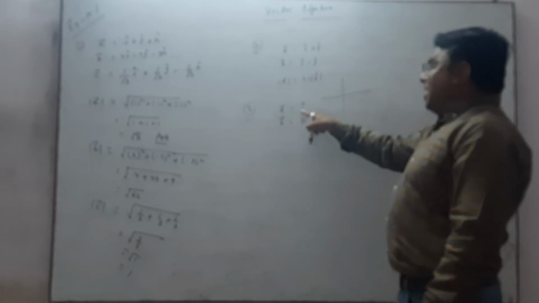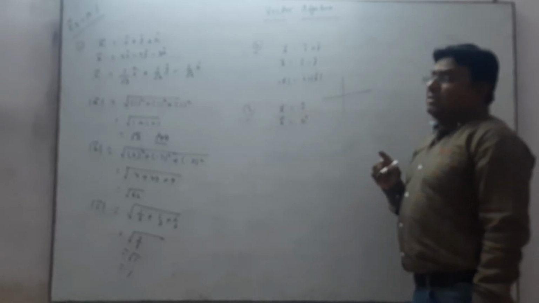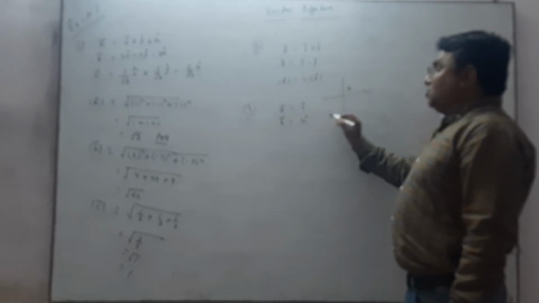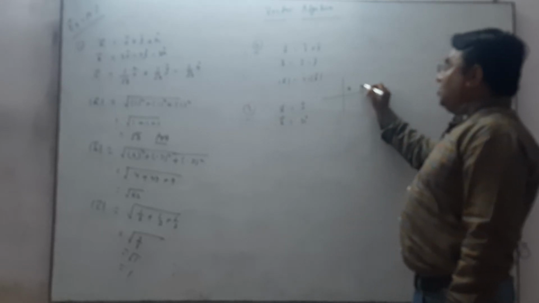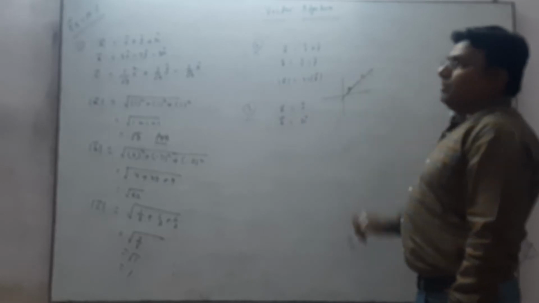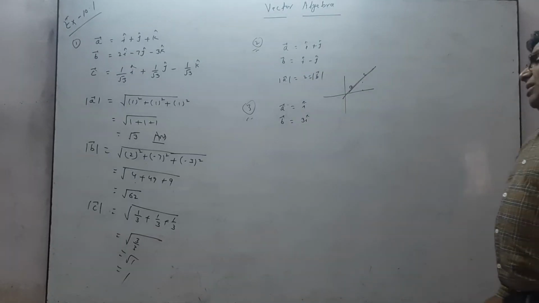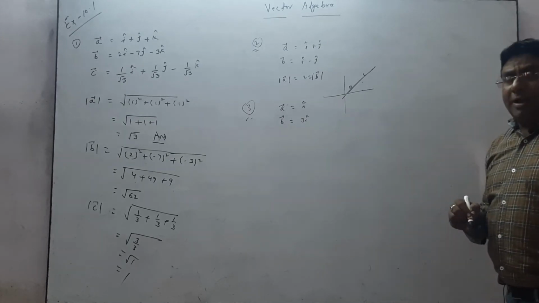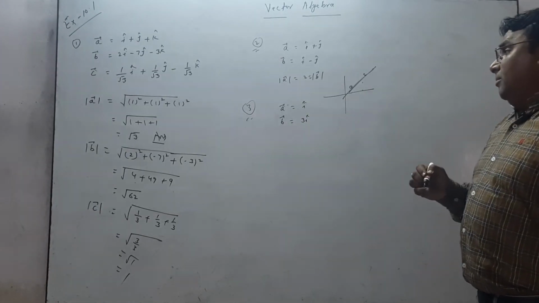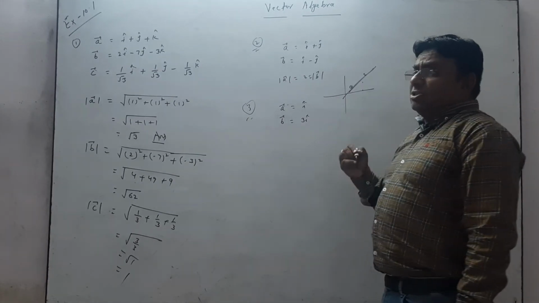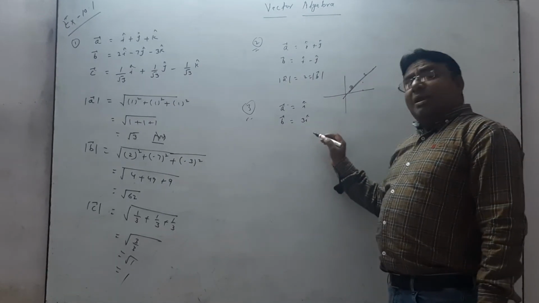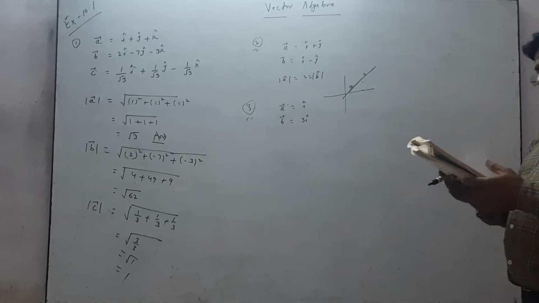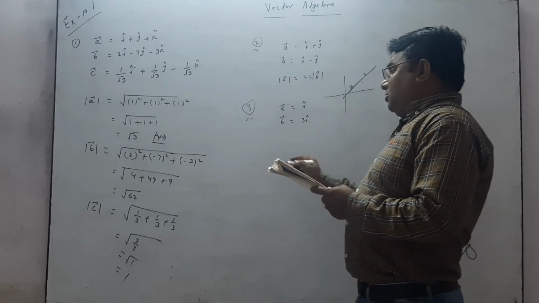Why? That is the coefficient of I, that is the x coordinate: x equals 1, and then x equals 3, this is 1, 2, 3. Then the direction is the same. Right, the direction is the same, the vectors are different. So I can give many such examples, 1I cap plus 2j cap. Right, so that is a different vector but the direction is the same. So here also infinite vectors are possible. So in the third question also, you have to see one example and write that infinite vectors are possible.